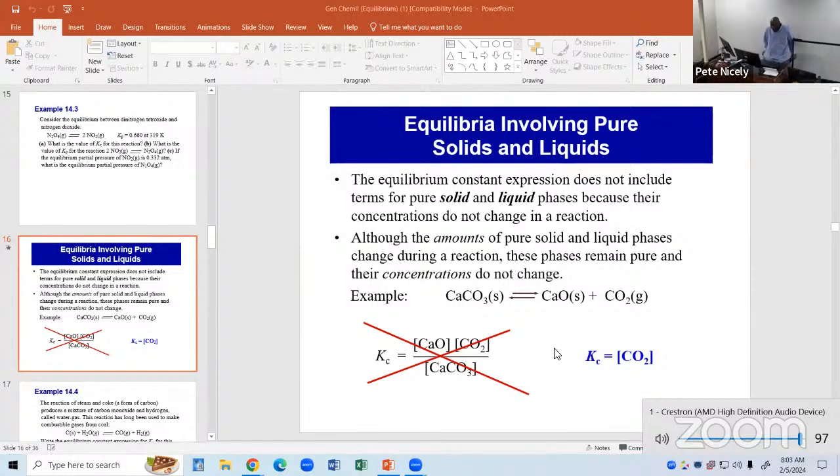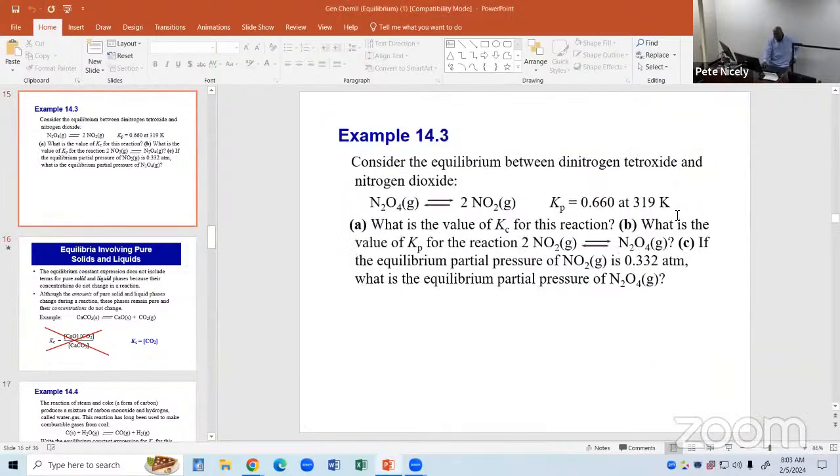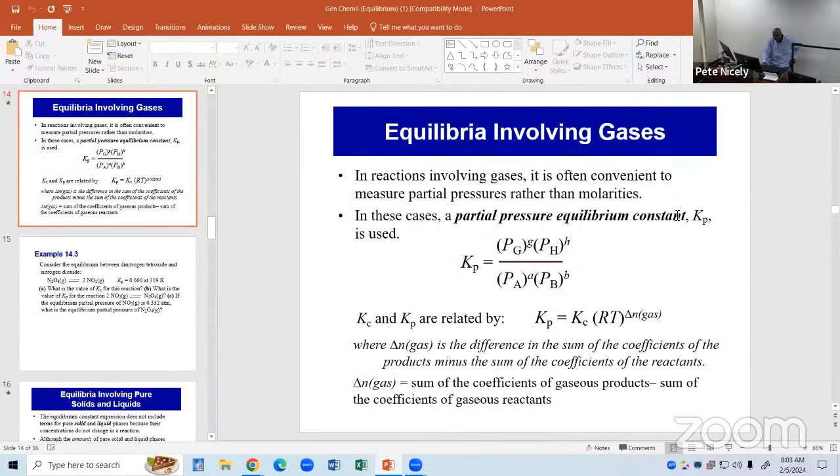Okay, so now, remind me, where did I stop the last time? I seem to recall we did up to here. Did we do this example? Or where did we stop? Let me just get an idea. Last thing in my notes is the partial pressure equilibrium constant. Yeah. Okay, so just to recap, so that we can go into the